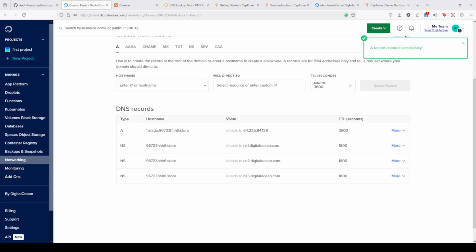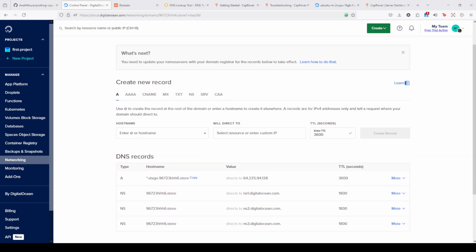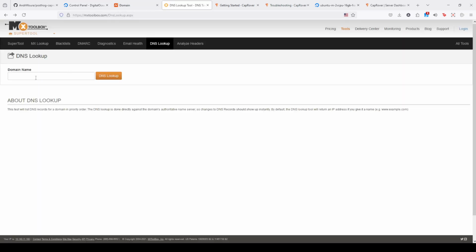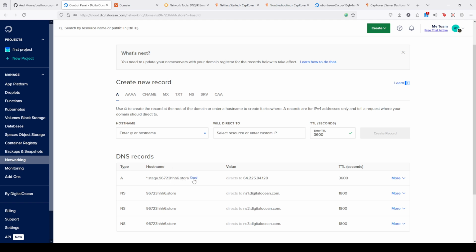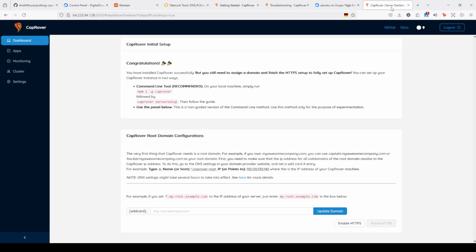Now sometimes this might take a while to propagate, and I can check if this is pointing to DigitalOcean by using a DNS lookup tool. For example, instead of using the wildcard, I will use something like test. Let's see if it's pointing to DigitalOcean, and it is, which means that I can copy paste this, and I'll go back to the CapRover page, and I can go here